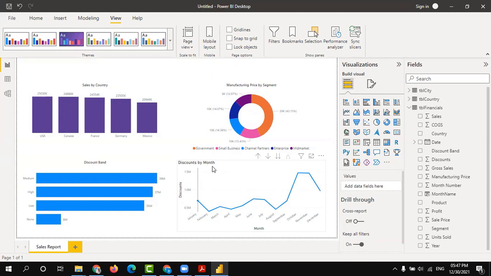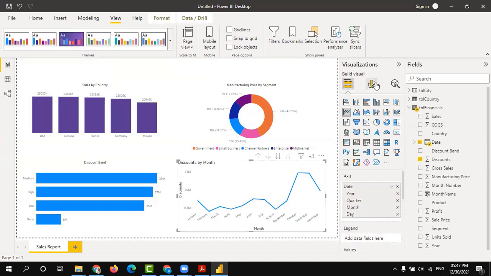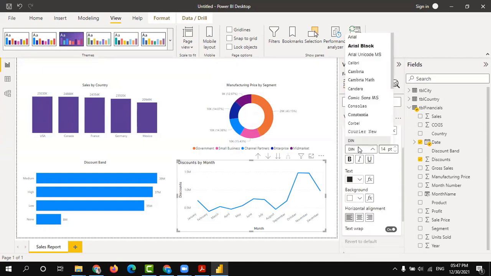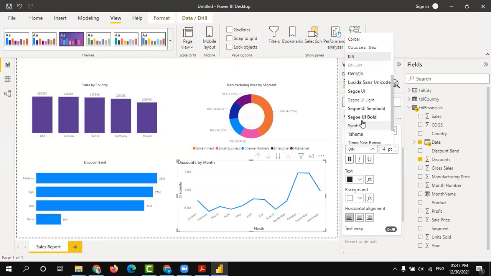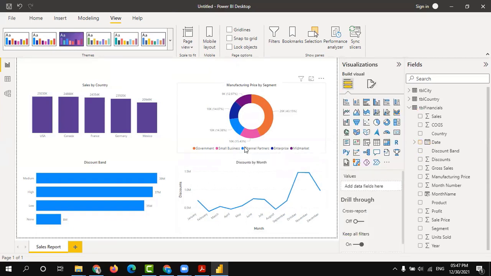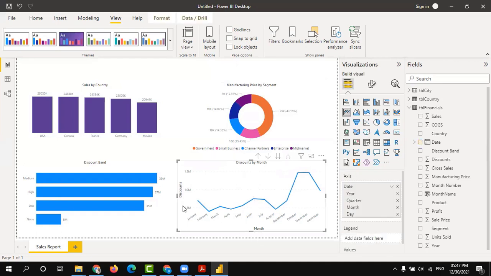Sorry, I forgot to format this chart title. Let's go to general and the title. Pick the same font name, Segoe UI semi-bold, and then give 10 font size and center alignment. Again, I am going to disable this y-axis.